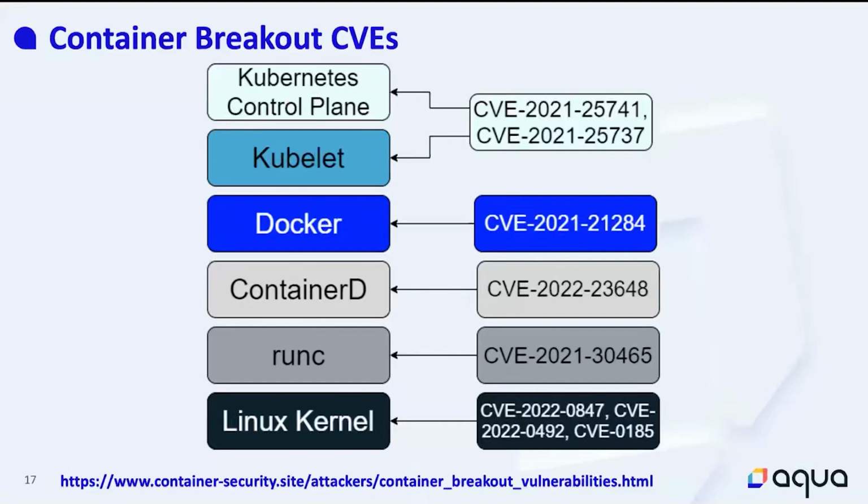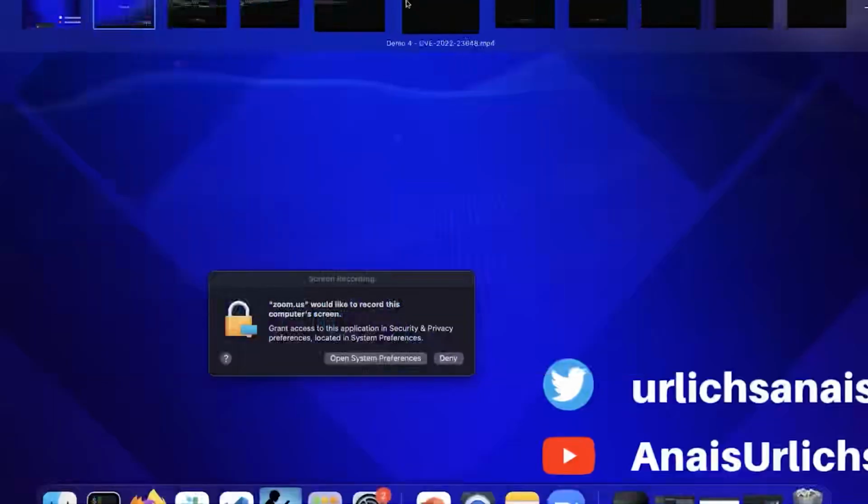Ultimately, the point of this slide is really that while you run containers high up on the stack, for example through Kubernetes, through your cloud native environment, it can be affected by issues further down, and you will have to keep that in mind. So just understanding the top, which is already a lot, you will still have to pay attention to everything that's running underneath. Here's demo number 4 for you.